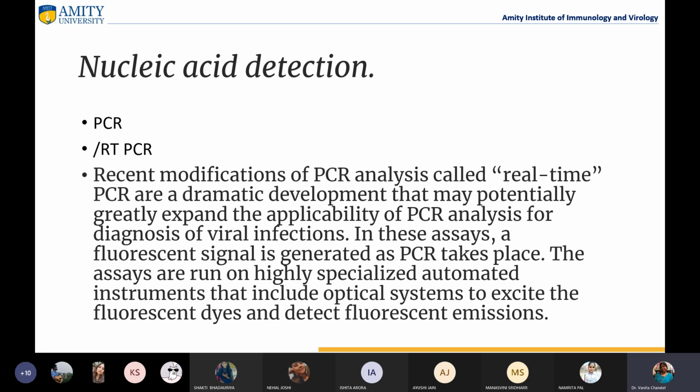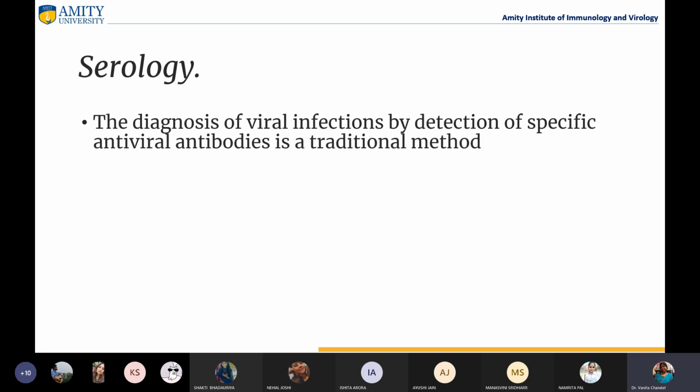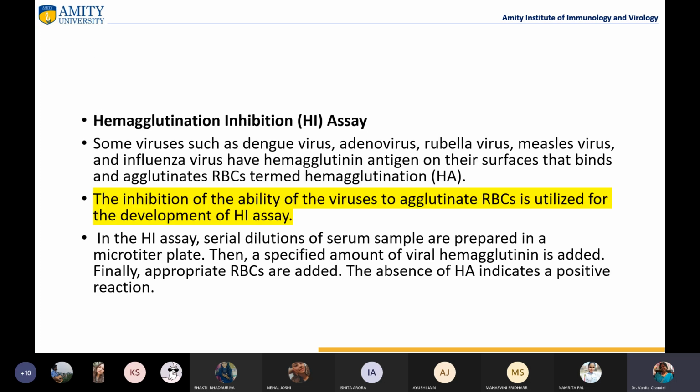And then we go for the PCR and the RT-PCR, right? Or there's a real-time PCR, which is very commonly used for the detection of the human viruses. So those are being commonly used. Then we have serological techniques here also, like we have for plant viruses. So ELISA is again a very common method which is also being used in the diagnosis of human viruses. So this is being done.